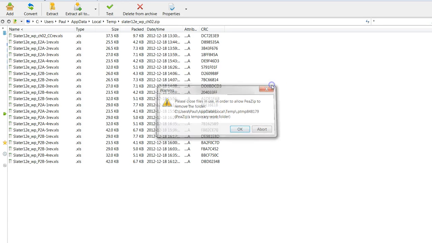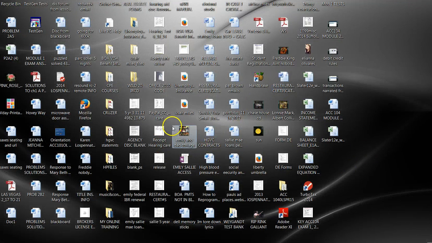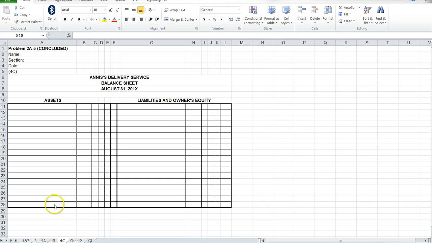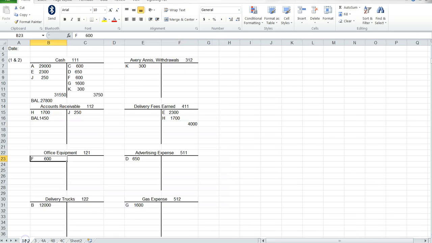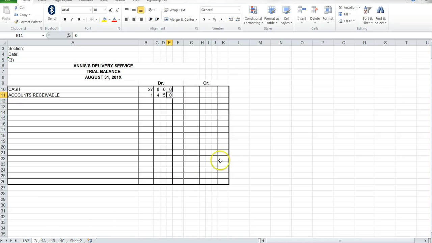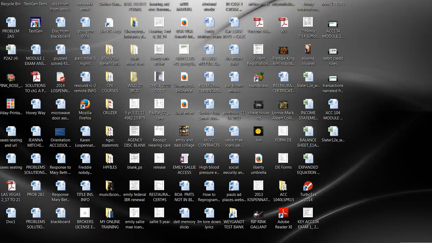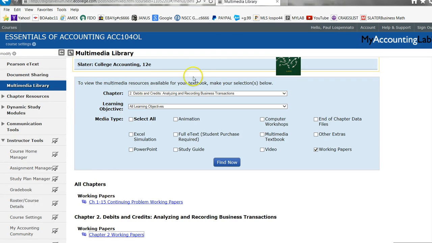All right, let me get out of here. You're gonna find that. Here it is, right here. Okay, so you can see that the only thing I completed was the T accounts. Okay, and I started you off obviously with the trial balance, and you're going to finish it. You've got your check figures, and again, when you need to submit that, if you don't already know, you'd have